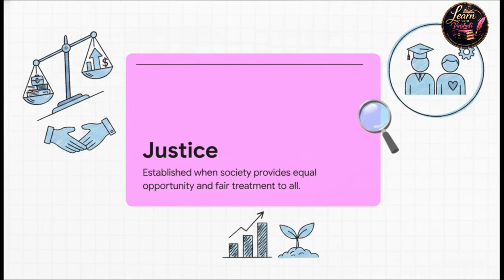Justice is truly established when a society provides equal opportunity and fair treatment to all its citizens. It's that simple, and yet that complex. If a system highly favors the wealthy and leaves the poor completely without basic education or healthcare, that society might have a booming, strong market, but it absolutely does not have justice. Fairness and opportunity have to be non-negotiable for a democracy to actually work.